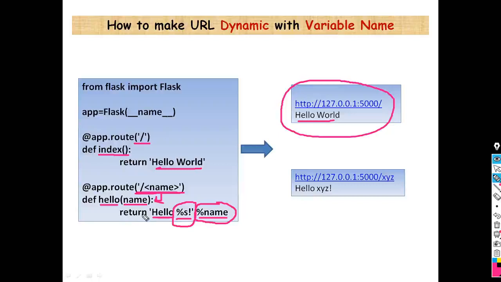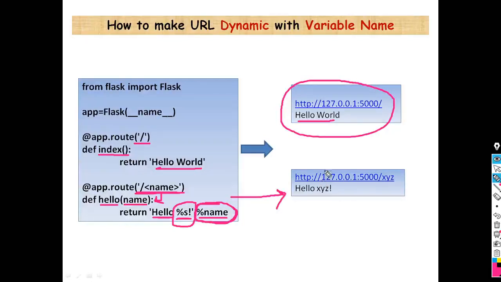Okay, and when we want to print the contents of that parameter, you should first identify the type of that content. If that particular variable has string type content, then you should write %s here. This indicates the string. And how to call that particular variable? We can call it by using the % sign. So %name. This name is within the function and within the return statement. So what does it return here? It would be written like this.